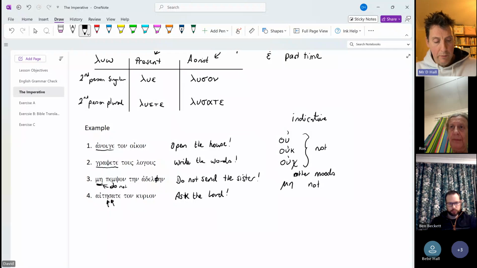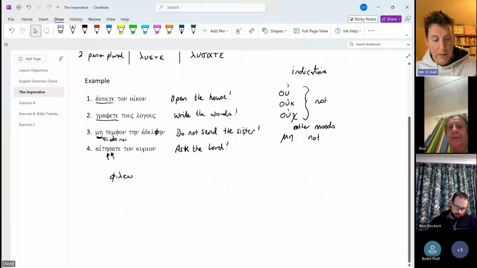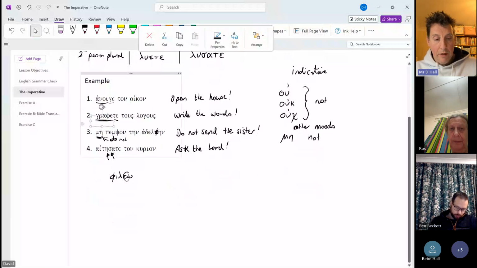So we used phileo, if you remember. Okay, so where there were certain lengthenings of words because of this epsilon that kind of pops in, then if you remember for the second person plural is going to be